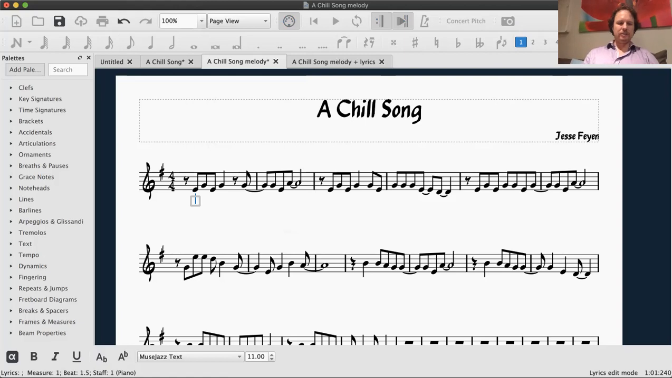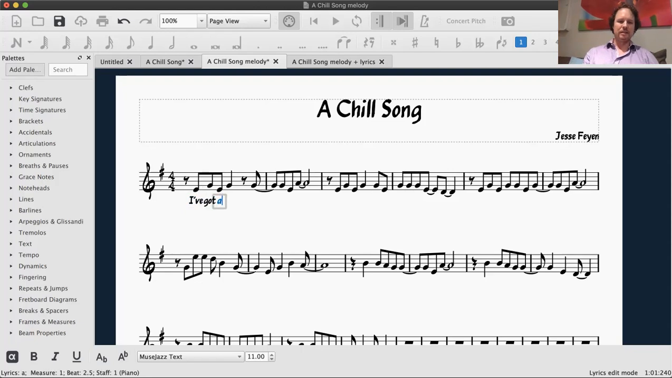Then you'll see that there's a cursor right underneath the first note, and you can just start typing. You'll want to type one syllable at a time, not necessarily one word at a time. Obviously, if a word is just one syllable, then it will be one word at a time. So for example, this song, the first phrase is, I've got a song stuck in my head. I type, and then I press space, and it goes to the next note automatically. I've got a song